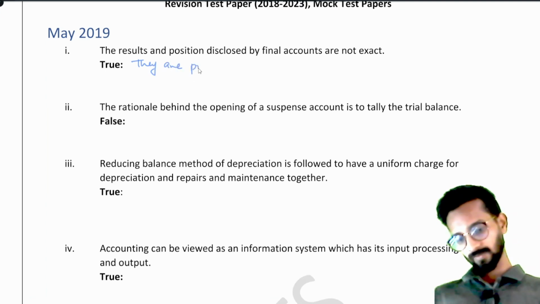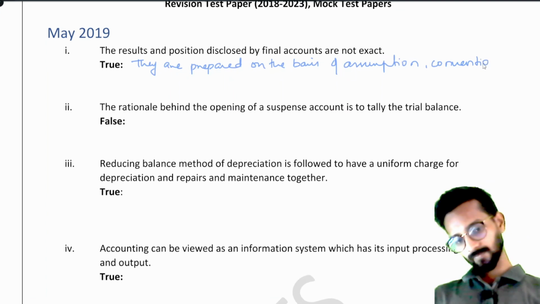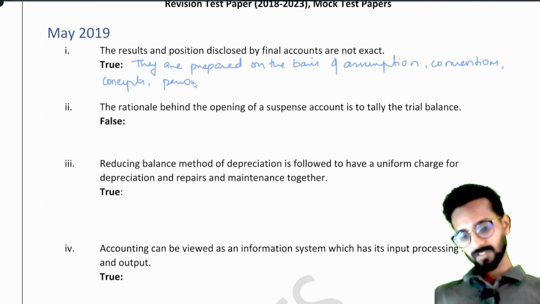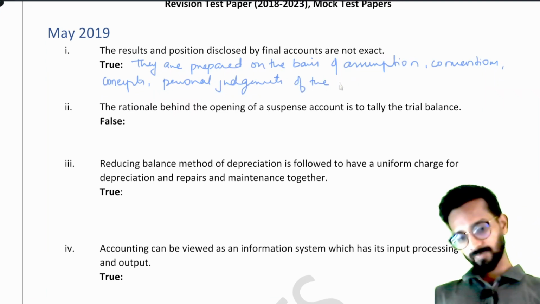They are prepared on the basis of assumptions, conventions, concepts, and personal judgments of the person